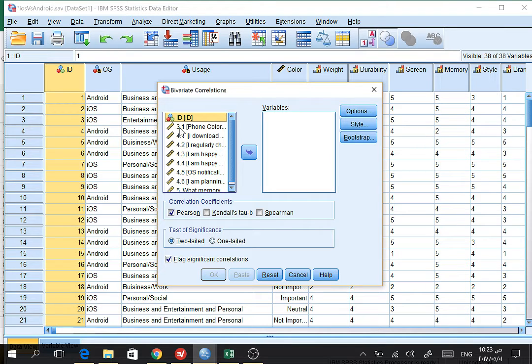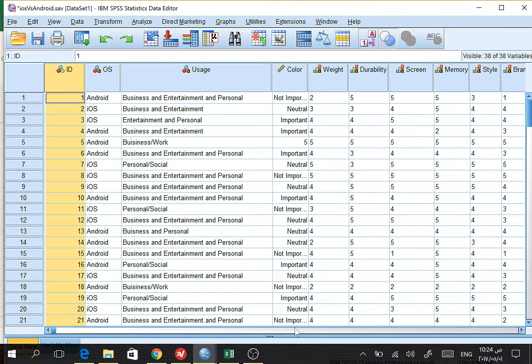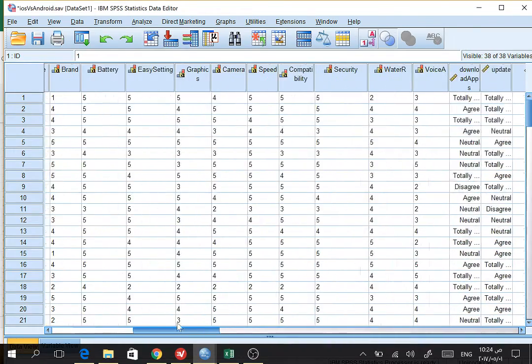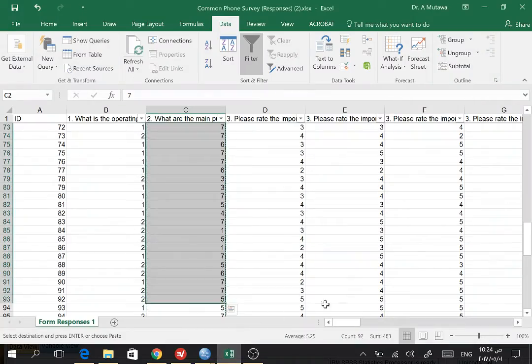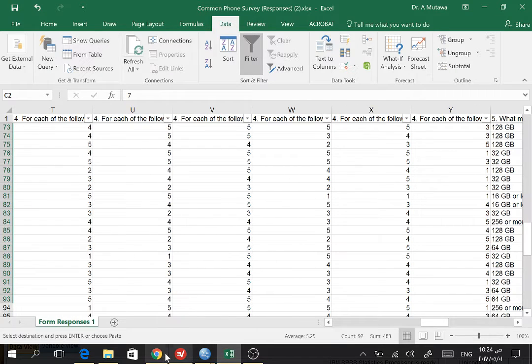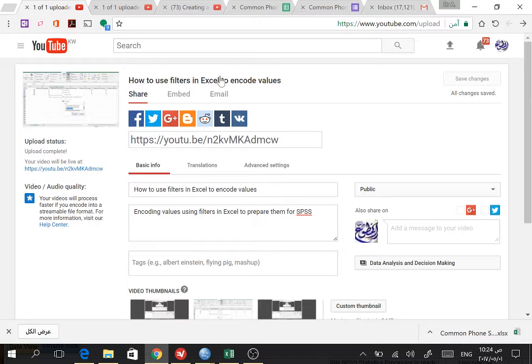So since we have font color 3.1 encoded as scale, then it is represented here. 4.1, 4.2, all the way to 4.6, it's already done, because in the Excel sheets it's already encoded. So I didn't have any problem encoding it. Remember when we had in the survey,